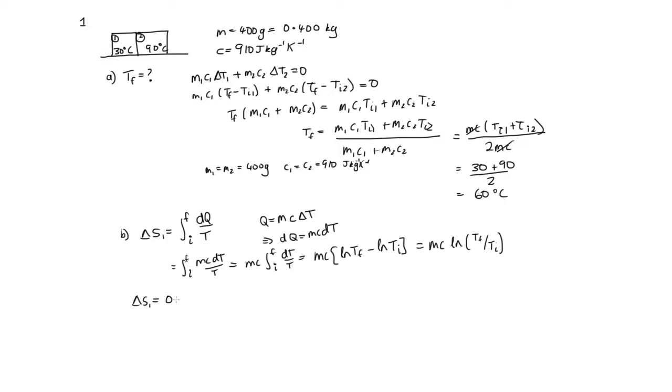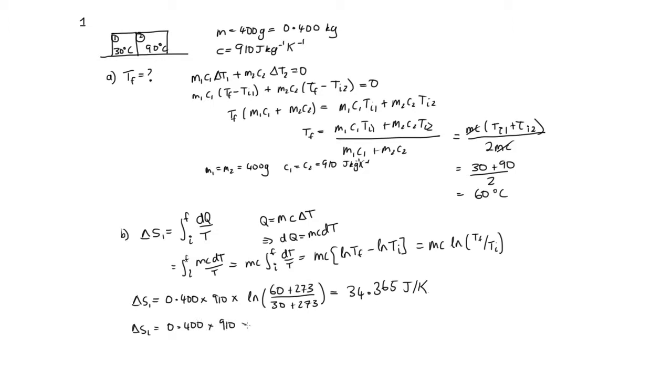In that case, we've got 0.400, that's the mass, C, that's 910, times log, the final temperature is 60 degrees, so that's 60 plus 273 over the initial temperature, which is 30 plus 273. And so solving this on the calculator, we end up with 34.365 joules per Kelvin. And then we need to do it for the second block, which has the same mass,